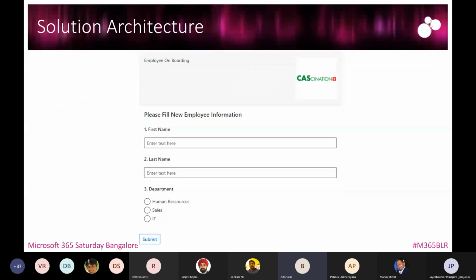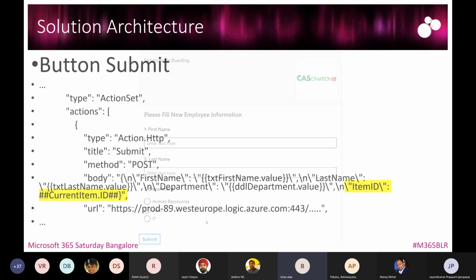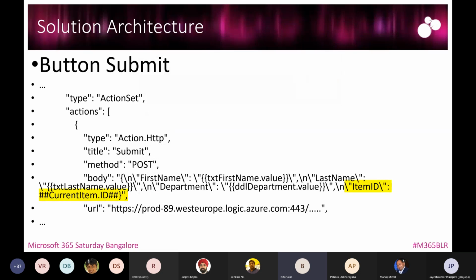So what I mean is, for example, this is what a form for filling new employee information can look like. So you have the title, a logo for the company, and 3 different fields: first name, last name, and department. And we have the submit button. And now, if we just focus more on the submit button, so basically in the adaptive card where a button